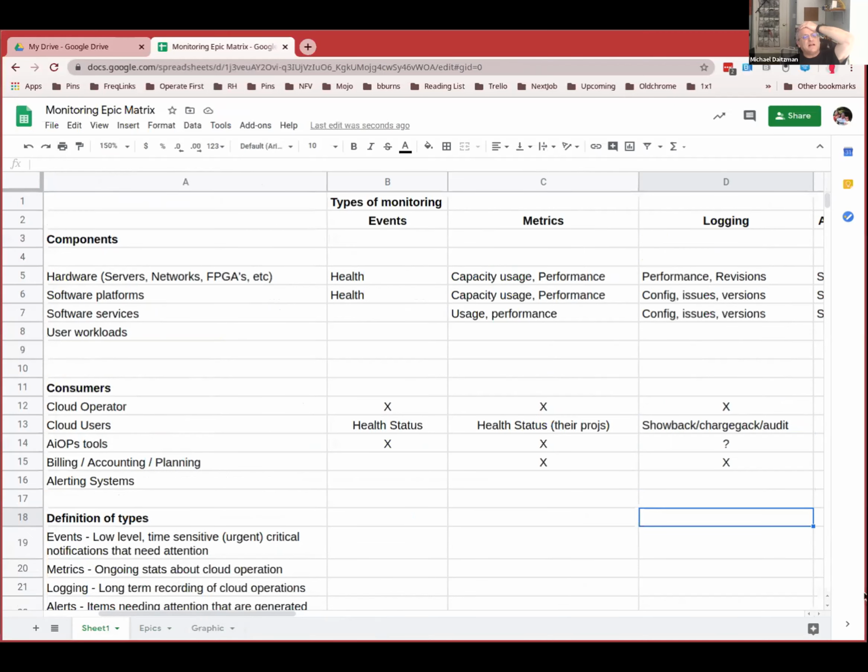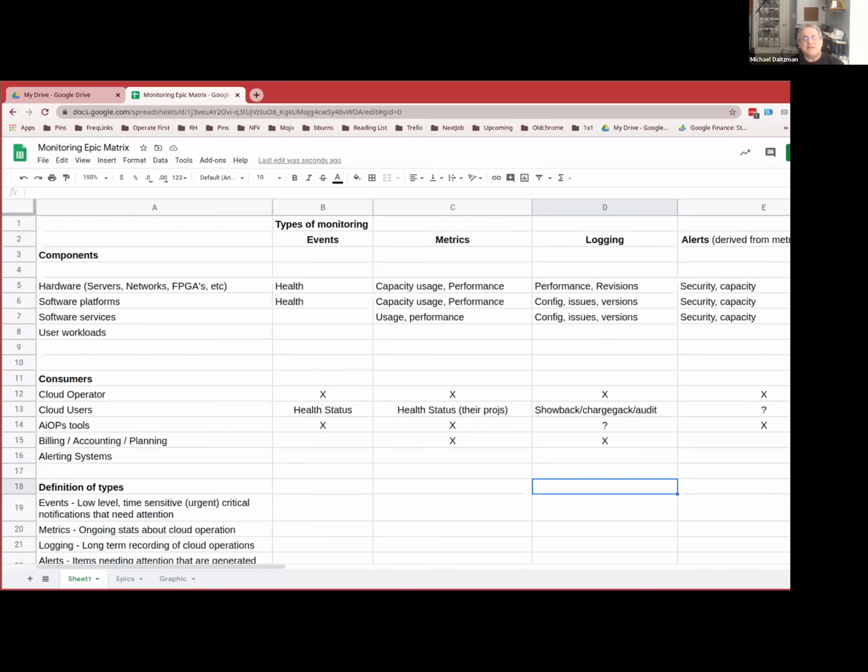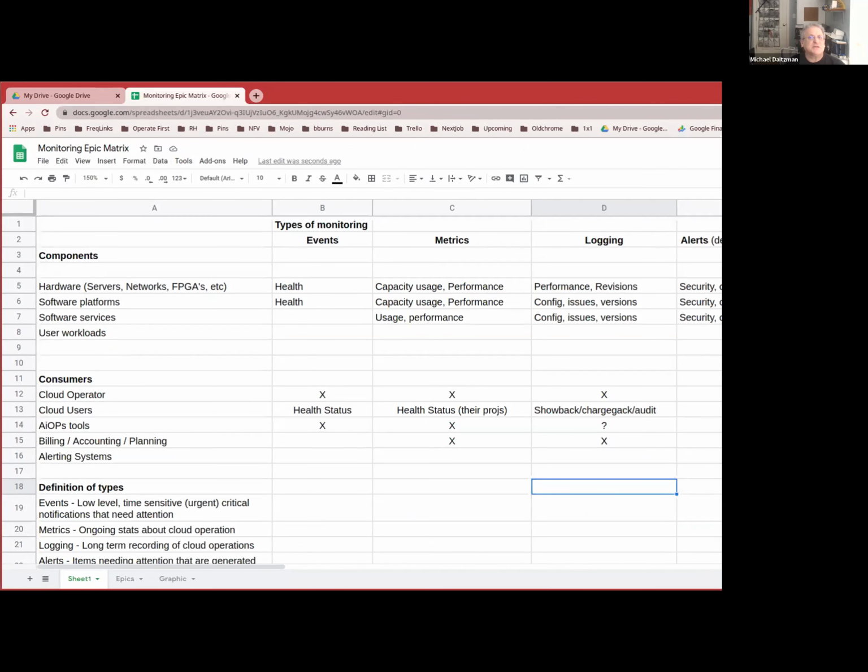I think what we kept struggling with, we actually did a mind map of this, was events and alerts. It felt like there was overlap. The example we used of an event was the power has gone down to your rack. That would be an event that you would want to know about immediately and get some notification of.